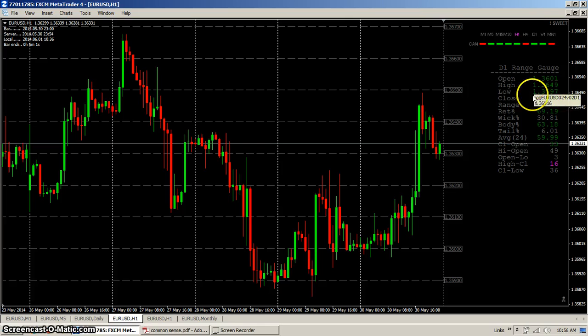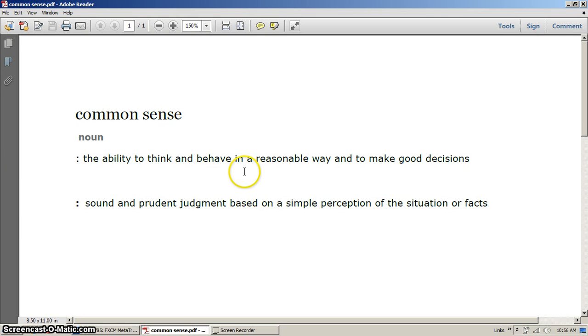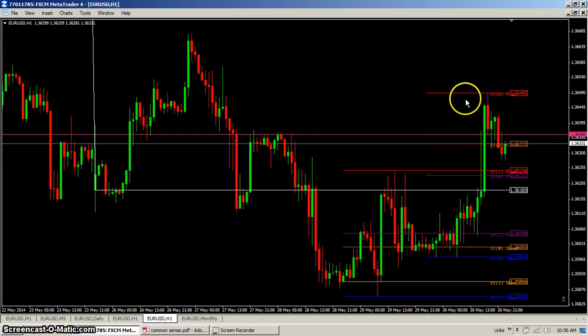And you can see here, close to low was 36, high to close was 16. Well, that's pretty close to 20, and that's more than 20. So once again, using common sense based on a simple perception of the price or facts, and I know a fact is it usually retraces about 20 pips off the high and low. So knowing that,